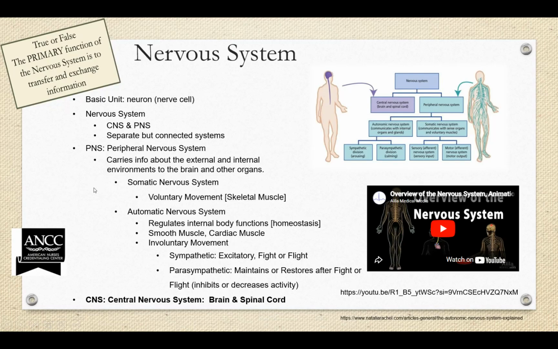All right, so this is the nervous system. It talks about how the nervous system is broken down into the central nervous system, which is basically the brain and the spinal cord, and the peripheral nervous system. The peripheral nervous system is then broken down into the somatic nervous system, which is basically your voluntary movement. If you raise your arm up or down, this is your somatic nervous system in play,